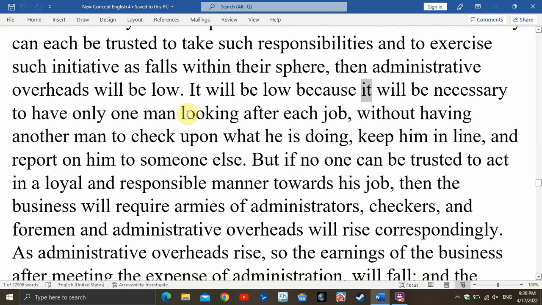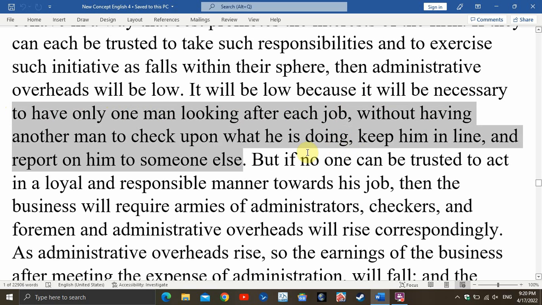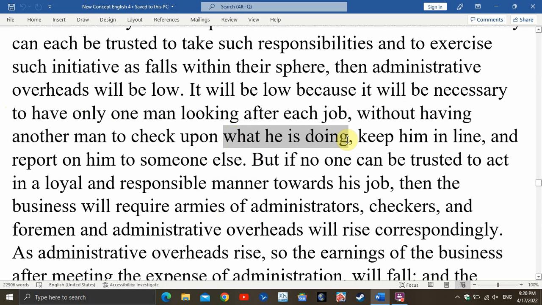It will be necessary to have only one man。它是一个形式主语，它真正的主语是个不定式。To have only one man looking after each job without having another man to check upon what he's doing，这个是一个真正的主语，明白吗？这是一个不定式，对不对？那么我们看这个不定式里面，to have only one man looking after each job without having another man to check upon what he's doing。那么好，这里 without